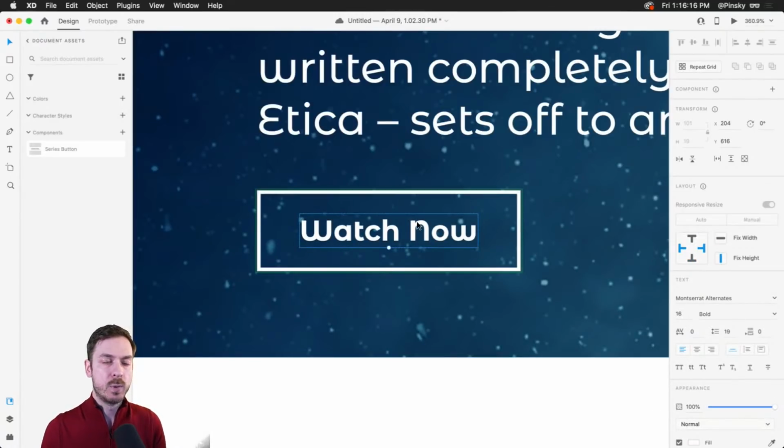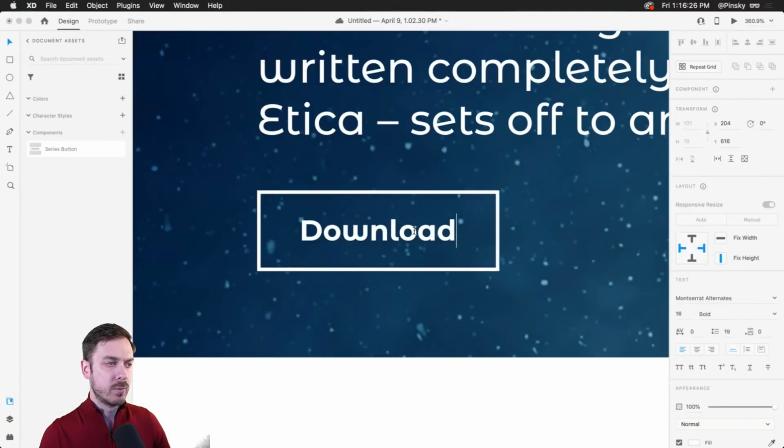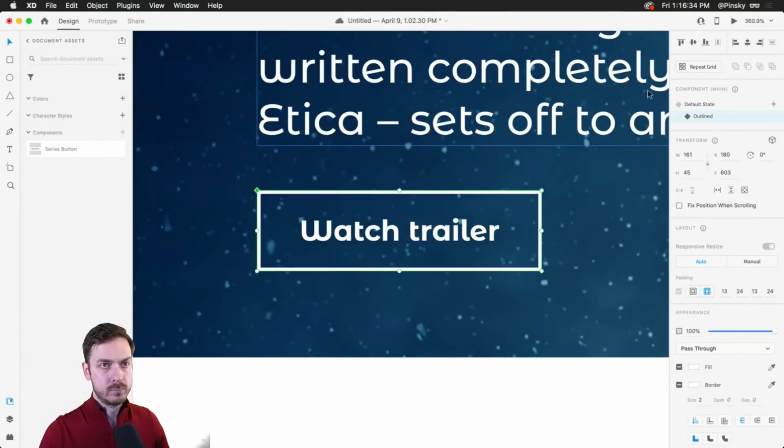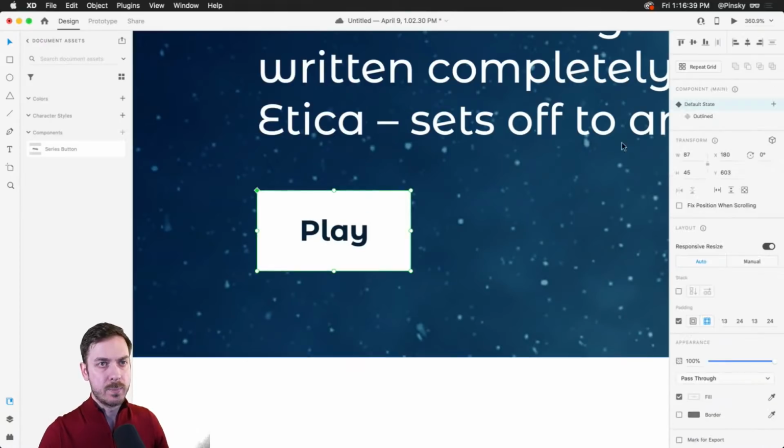Now, because we've enabled padding on the default state on the main component, which we're editing right now, if I want to change the text to, let's say, download, you're going to notice the background is automatically resizing, which is wonderful. Or watch trailer. And this one I can maybe just do play, for example. So we have both of our states.